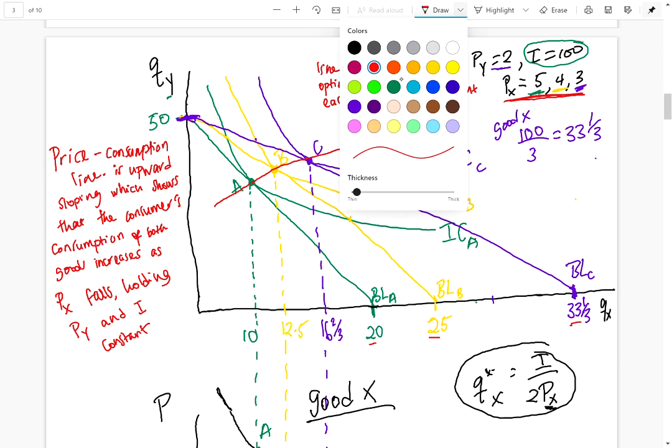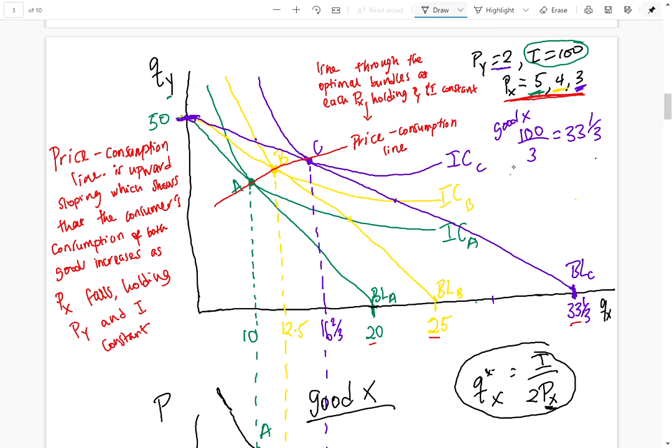And we see that, right? At A, this is the quantity consumed of good Y. We see it's definitely increasing for good X, right? It goes from 10 to 12.5 to 16.67. But it also increases the consumption of good Y. Okay, so upward movement in the optimal consumption of good Y. So decreasing the price of good X positively affects how Rory can consume both good X and good Y. Okay,